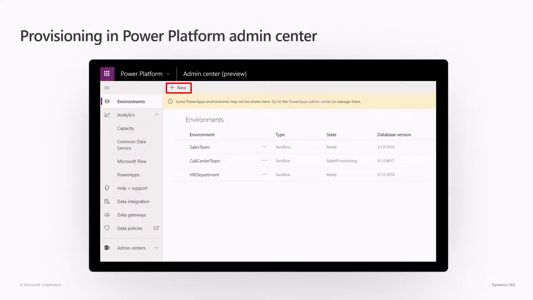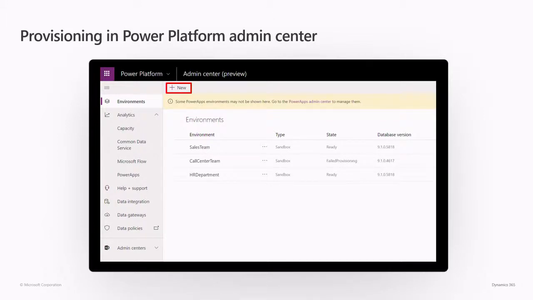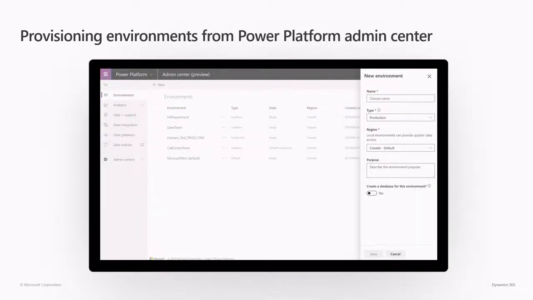So as we land capacity as the core, provisioning is solely based on capacity. You don't need to go in and buy additional instances. If you have available database capacity, which is 1 GB minimum, you can go ahead and provision your environments. This feature will be out very shortly, in a few weeks to a month, or a little bit longer than that at the max. But I'll show you a demo on one of my production tenants where part of this feature is already available. So today, if you click on the new in one of your tenants by going into admin.powerplatform.com, this feature will say it's coming soon, but I'll show you a demo on one of my tenants,